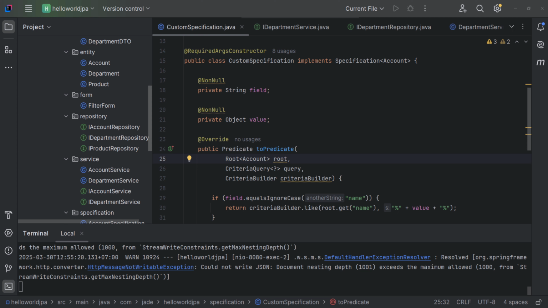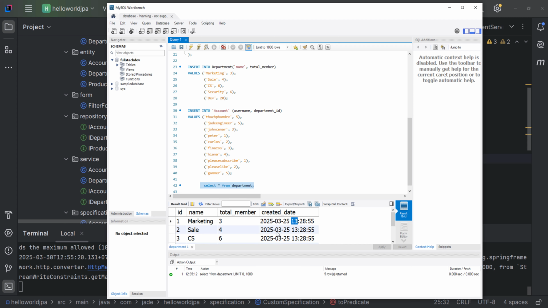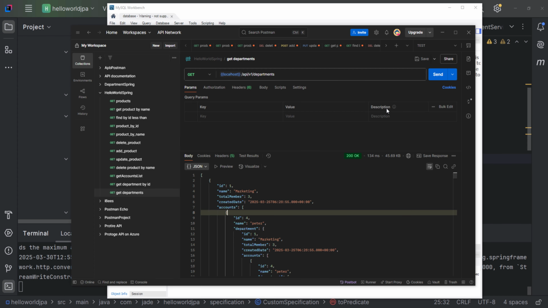And you can see here we have the database. You can use the script select star from the department and see the day and the time we have here. Just notice the time: the ID 1 department has the time 13/8/28, right? Just please notice this. But when you use Postman